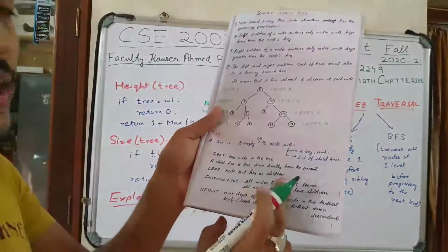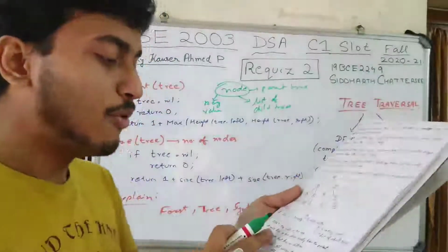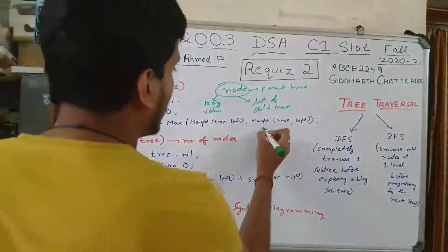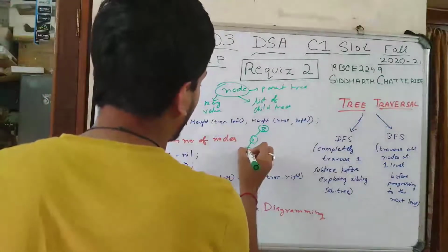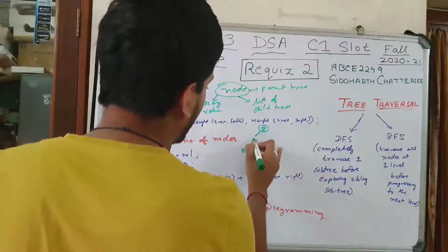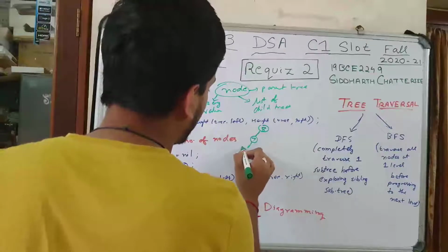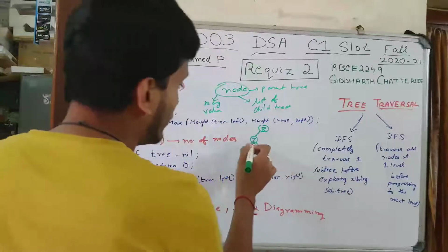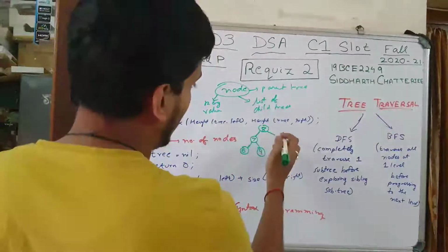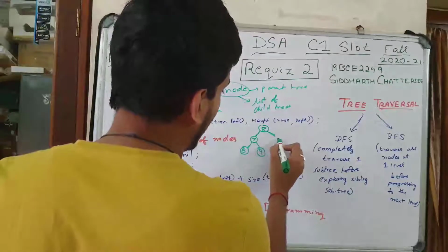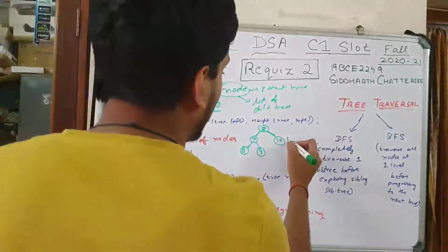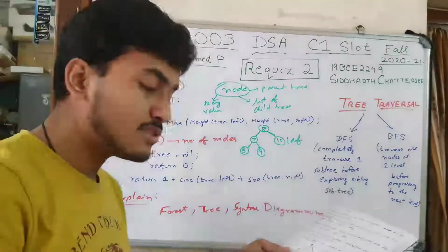A leaf is a node that has no children. This is what I wrote here. So 8, 9, 9 has a kid, 6, it cannot be 9. So it should be some value less than 8. So let's go with 7. 7 will have a value less than 6, but this can have a value less than 7, as we saw in the properties of binary search tree. After 8, it should have a value greater, so it can be 10. It cannot take 9. But this 10 has no children, so this will be considered a leaf. This is what the leaf is. It is a node that has no children.